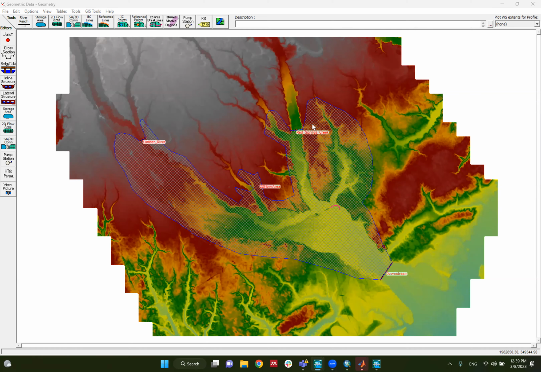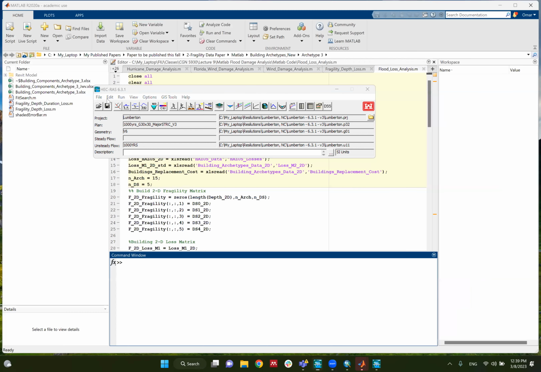All right, so once you are done with your geometry and you saved your geometry, and that's what we stopped at last time, we're about to define how the unsteady flow will look like. So we went to edit, and then we went to unsteady flow. And when we open unsteady flow,